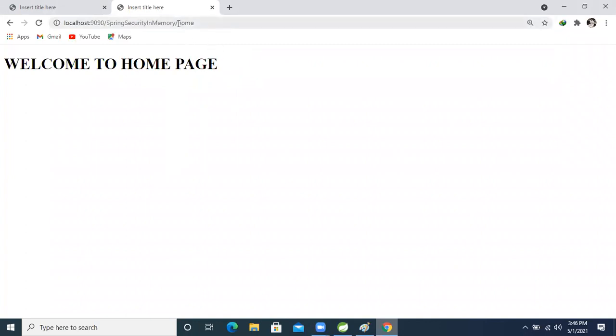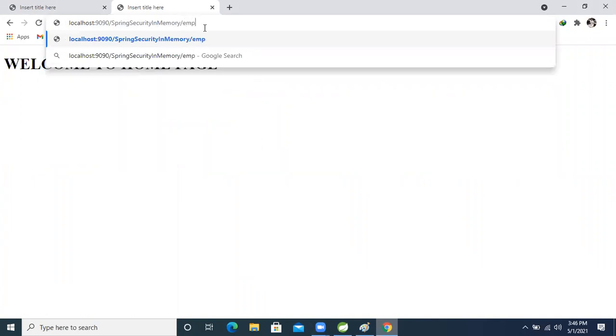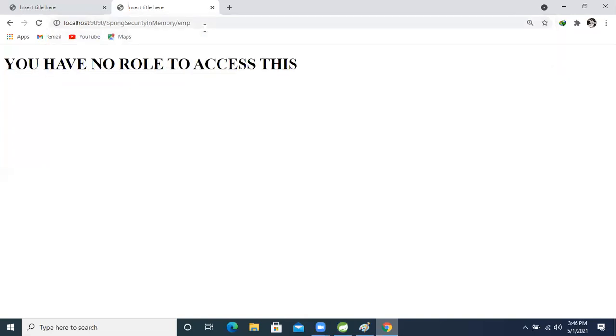But if she tries to access the employee page, see, she can't. We get the deny page. See, you have no role to access this, meaning she doesn't have the authority to access the employee page, right? Now fine, guys.